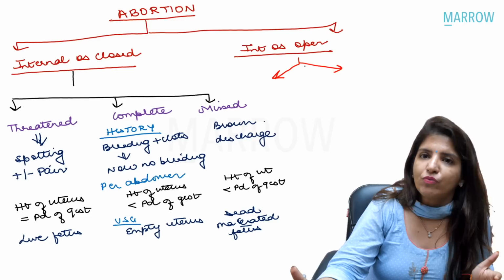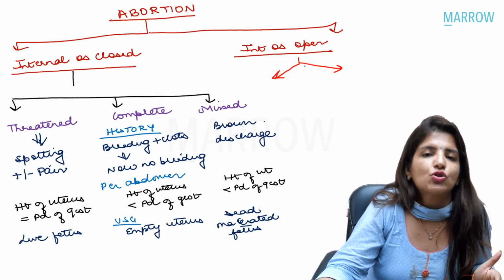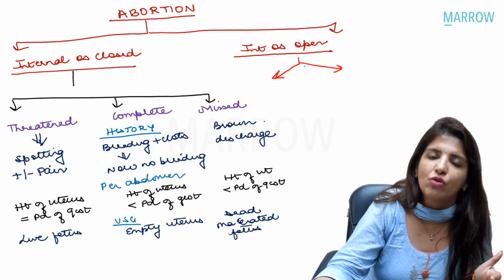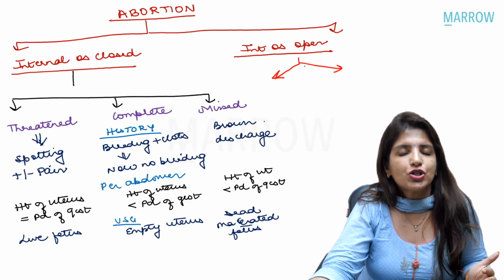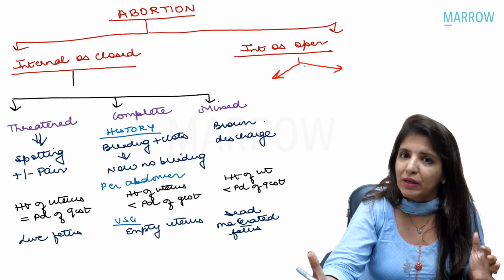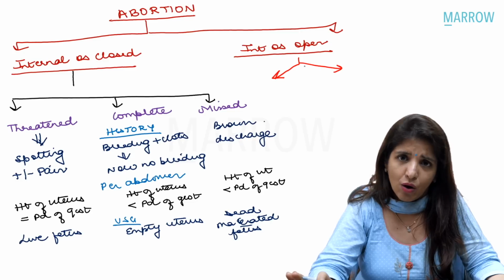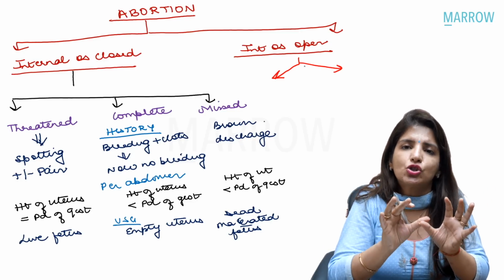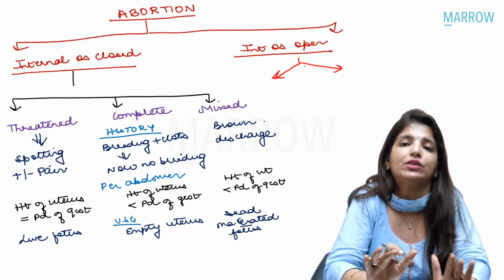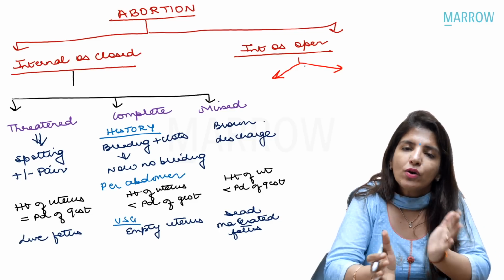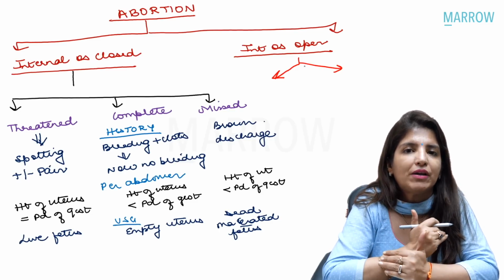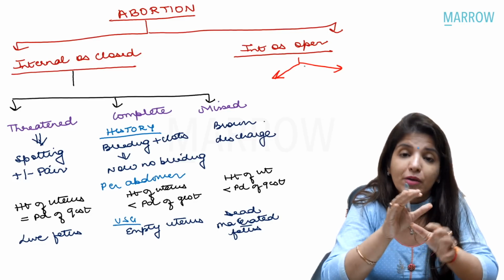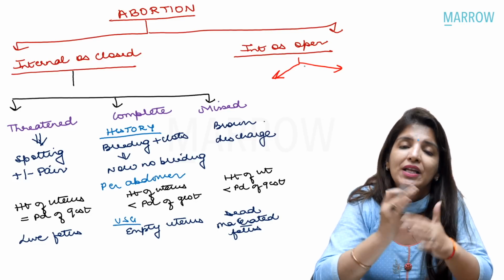Either it could be a case of threatened abortion, or a case of missed abortion, or a case of complete abortion. Threatened abortion means that the process of abortion has begun, no fetal part has come out till now, and the internal os is closed. So just now the abortion can be reversed. If it is at a place where it can still be reversed,